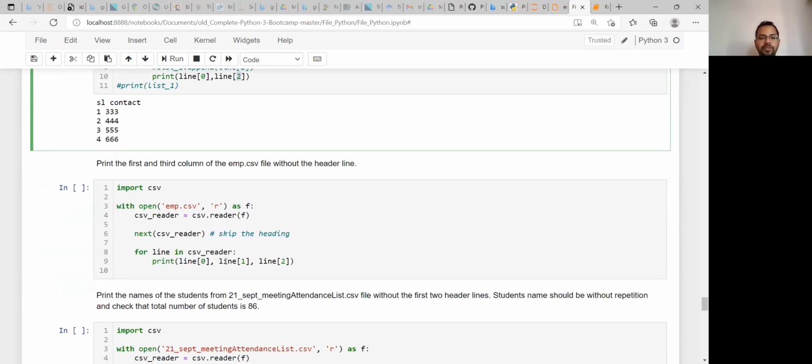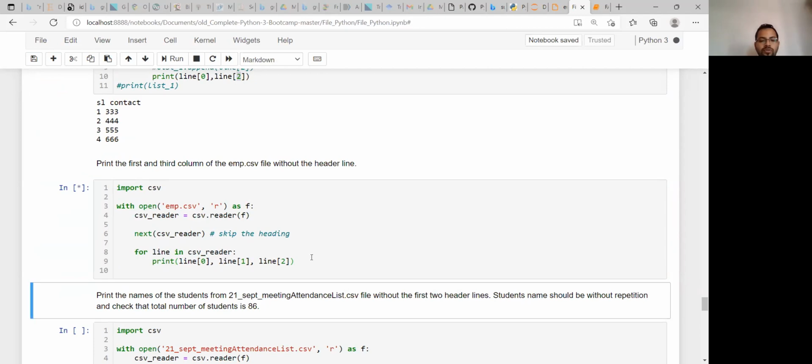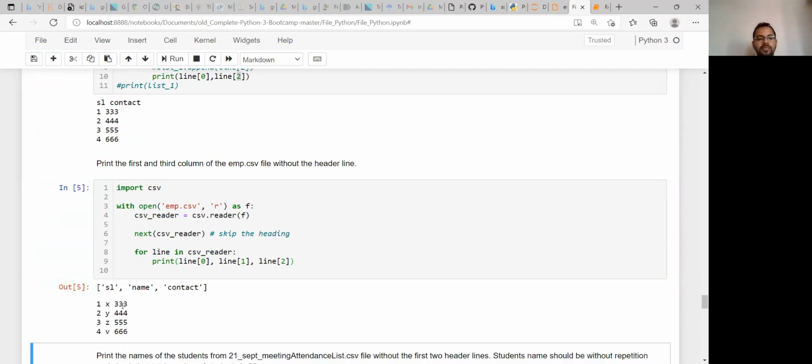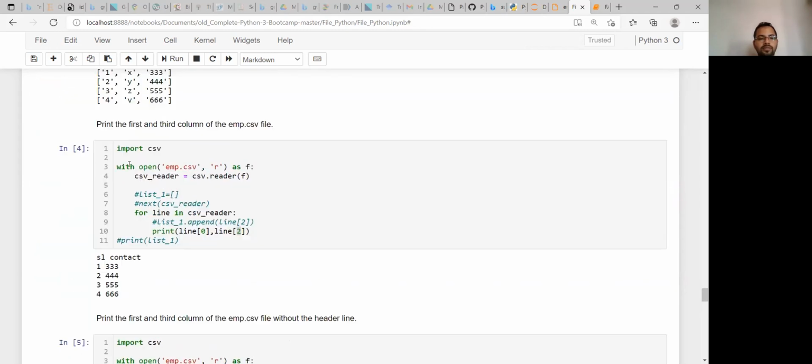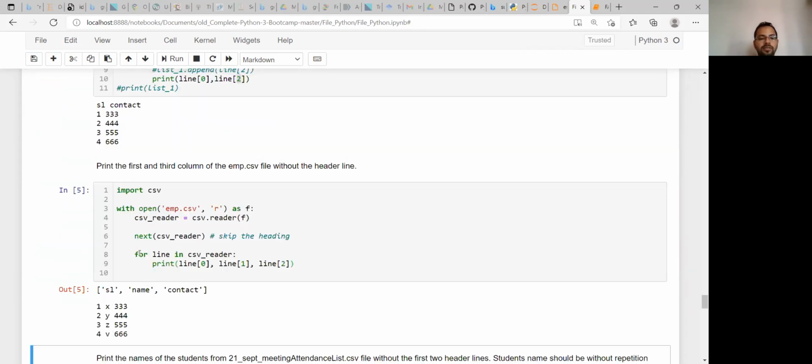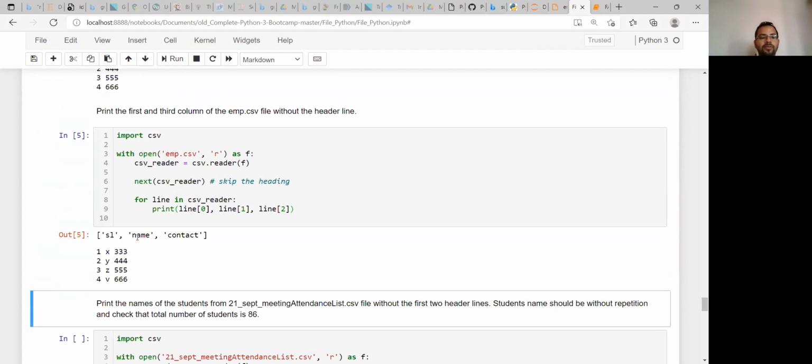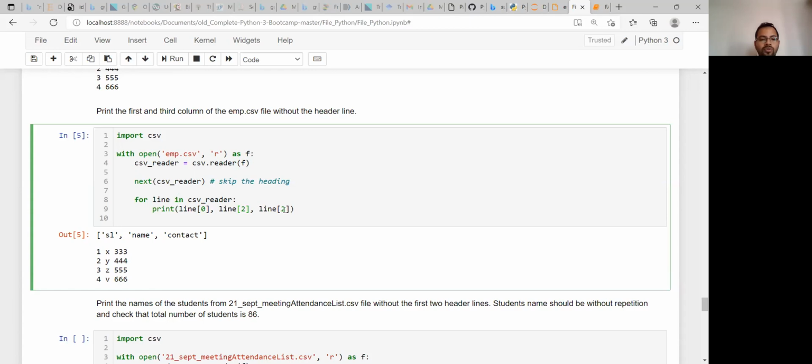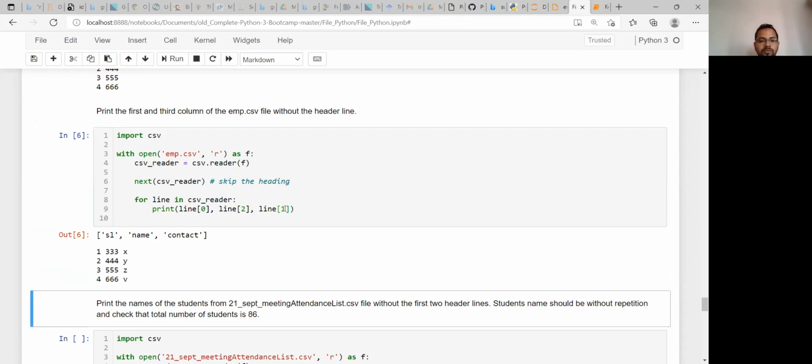We can change the position similarly: 0, then 1, then 2. If we change this to 2 and 1, the order will change.